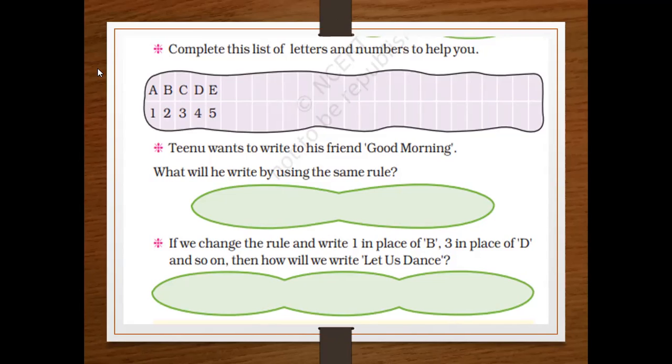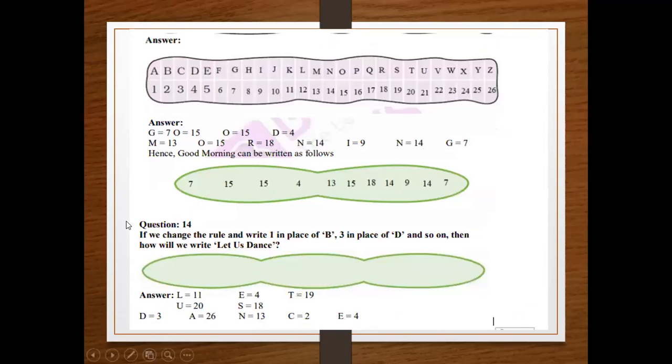Now try and get the answer for let us dance. Sir, you wrote E's number correctly, sir? Yes, E means 4. Sorry, E means 4, not 5. We have to go one number less. Sorry. So this is LET. Let us. US. What are the numbers for US? Don't take the original number, take its previous number.